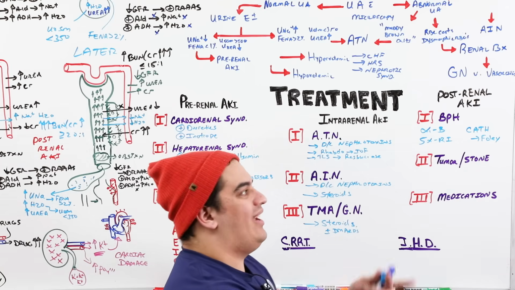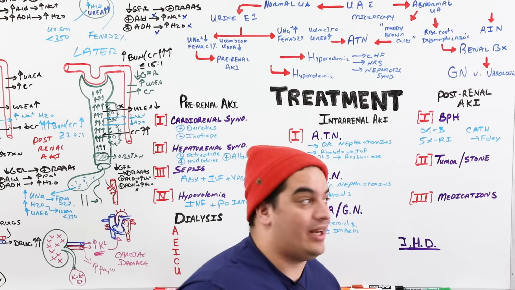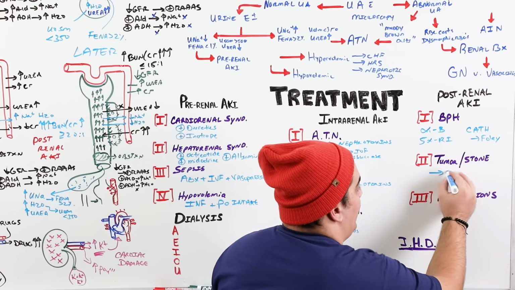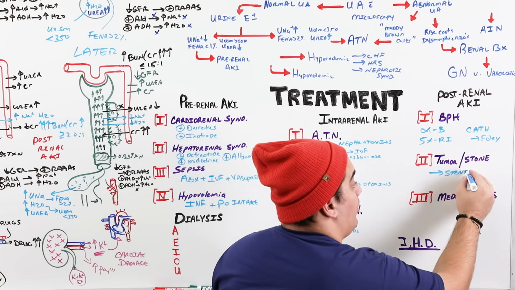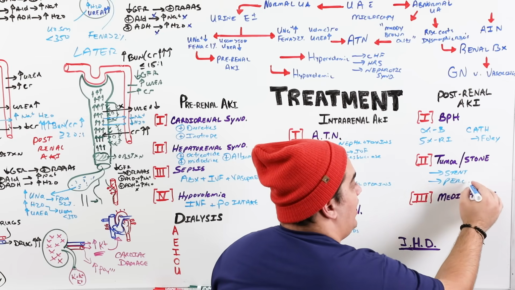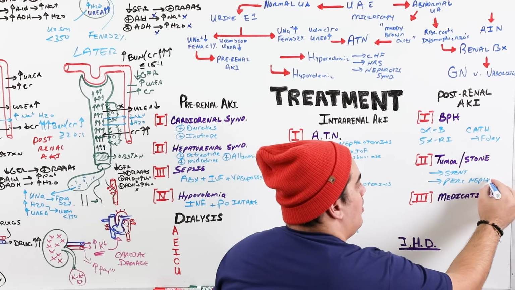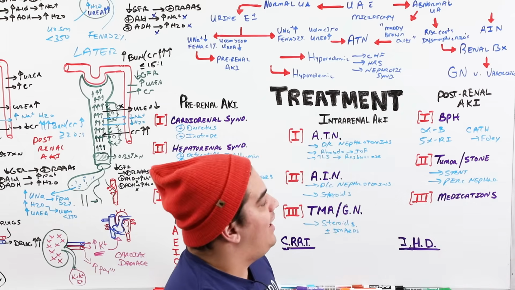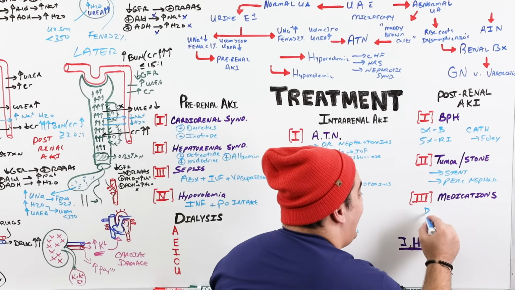What if they have a tumor? Well, you've got to figure out what the underlying cause of the tumor is so it can be treated. Do they have a kidney stone? Sometimes with stones, you can actually put in a stent. They may pass it on their own. Sometimes if it doesn't work with the stent, maybe you have to do what's called a percutaneous nephrostomy. Sometimes that might actually work. And then again, discontinue the offending medication.